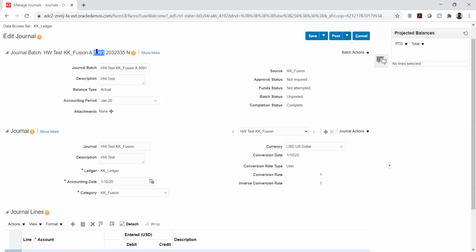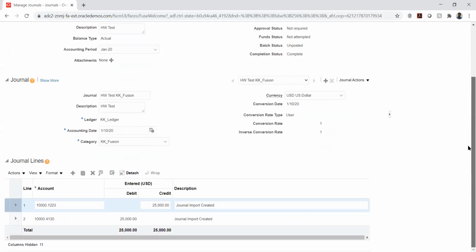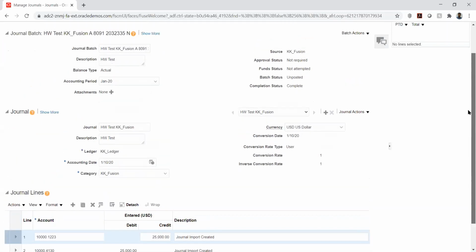So basically one group ID is 1:1 with the batch, not the journal. Yes, correct. In our case it is 1:1, so it applies a similar thing. But what you're saying is correct: for a batch we will have multiple journals. So I can give the same group ID to multiple journals, if they are under one batch.